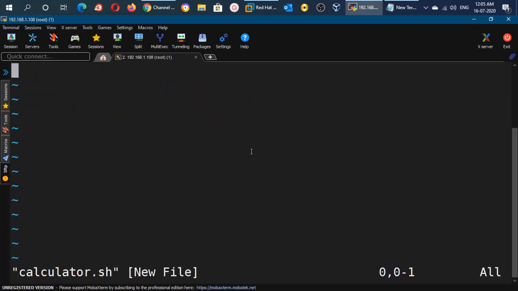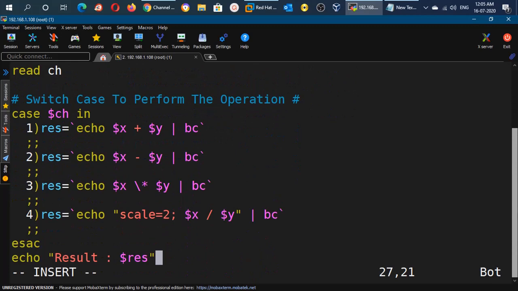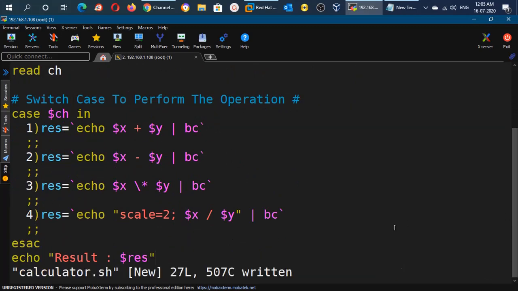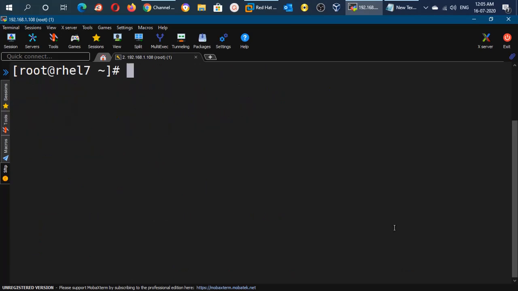So I have created a new file with the VI editor, pasted all the contents of this script in this file, and saved it. First I will show you how it works, and after that I will teach you what the different segments in this script are and how it is working. If you want to run this script, you have to set the permission. I'm going to provide the execute permission to this script,